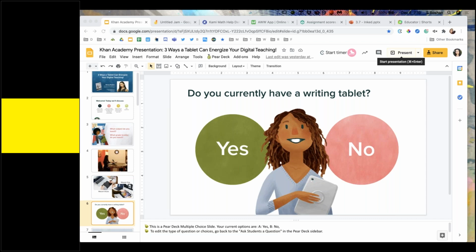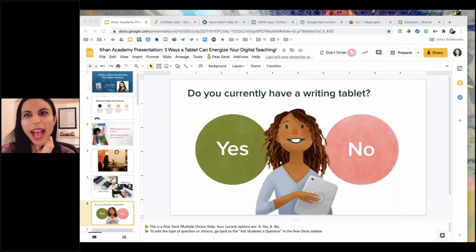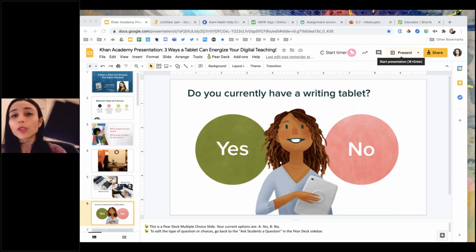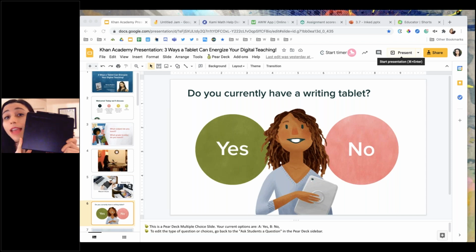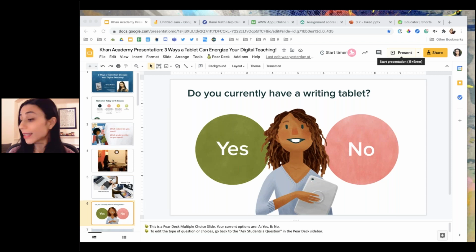Awesome. So hopefully some of that background was helpful in helping you understand the different styles of tablets that are available and which one you might want to purchase going forward. If you really just are looking to get started with the most affordable option and the most portable option, that is the Intuos style tablet. And again, there's a Bluetooth version of that, which is what I really like because I can just click a button, no wires needed, and I can move around and it's wireless.